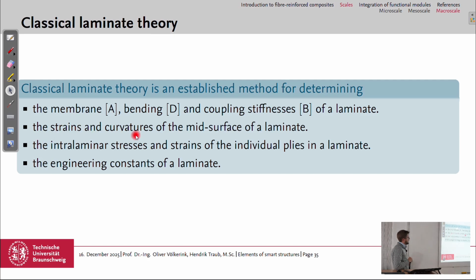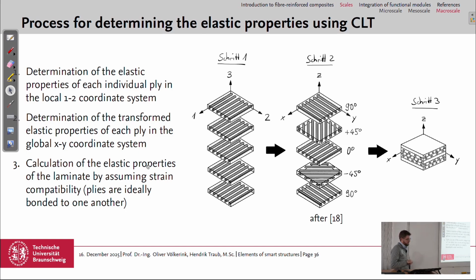We assume that strains and curvatures are at the mid surface of a laminate, and use the engineering constants of a laminate. So how does it work? Very briefly, without giving you the equations, we have our individual plies where we have the properties from. Then we have the laminate stacking sequence,